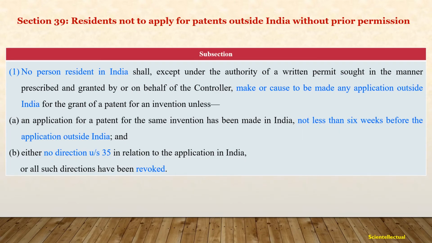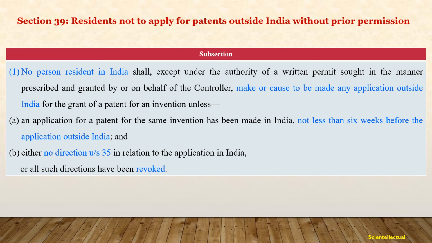Section 39. Residents not to apply for patents outside India without prior permission. Subsection 1 says, no person resident in India shall, except under authority of a written permit in the manner prescribed and granted by or on behalf of the controller, make or cause to be made an application outside India for grant of a patent for an invention. That is, no Indian resident can make any patent application outside India without the permission of the controller,